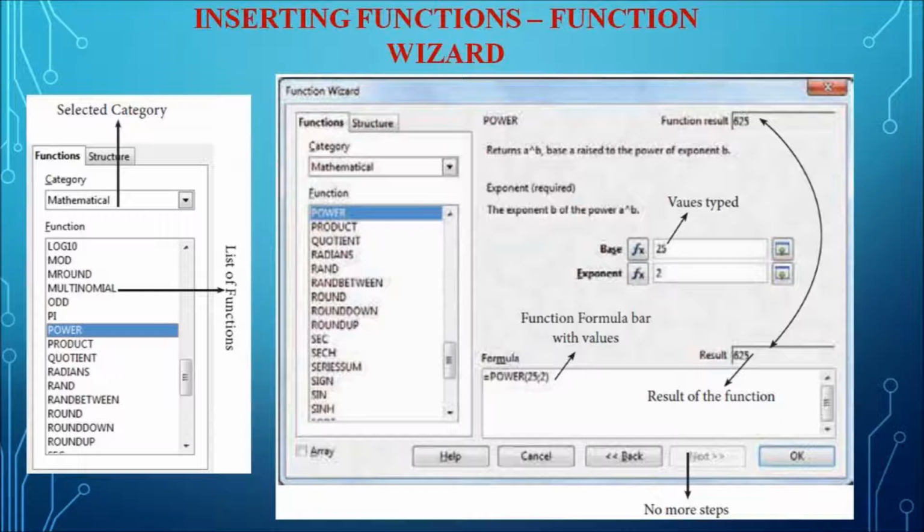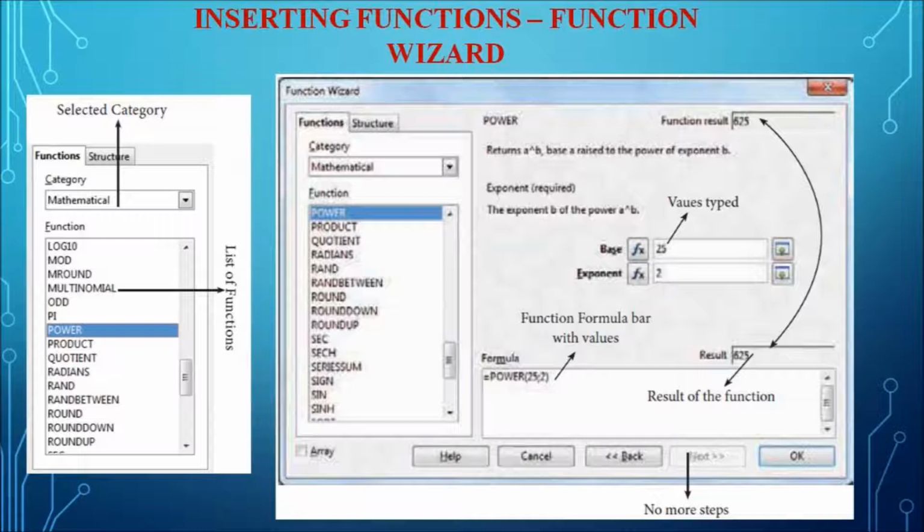The function wizard can be invoked by clicking the function wizard icon in the formula bar, or the user can select the function wizard from the Insert menu, under which the user can select Function, or just press Ctrl+F2, which is the shortcut key for opening the function wizard.